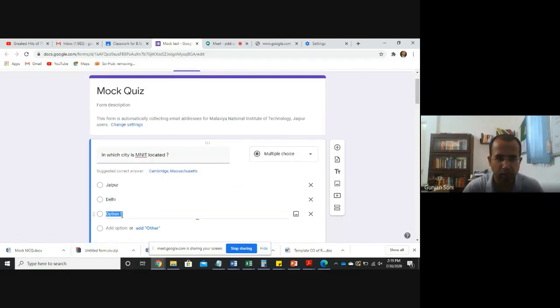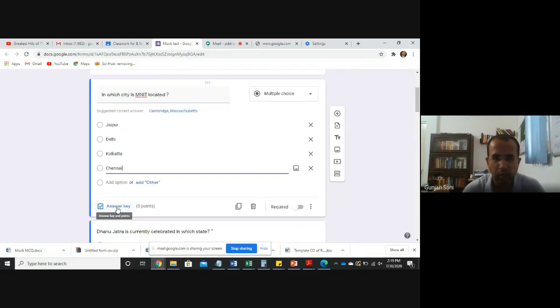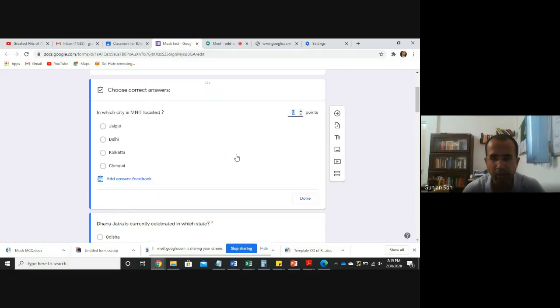The third one is Kolkata. And then I can add the answer key here itself.